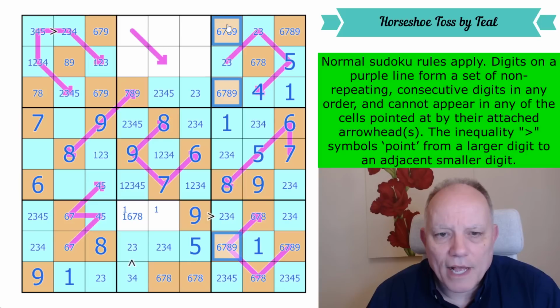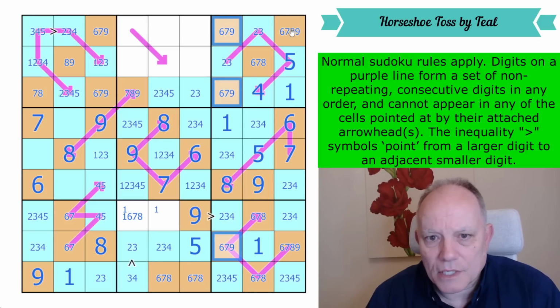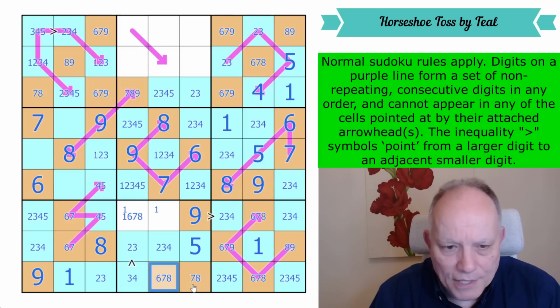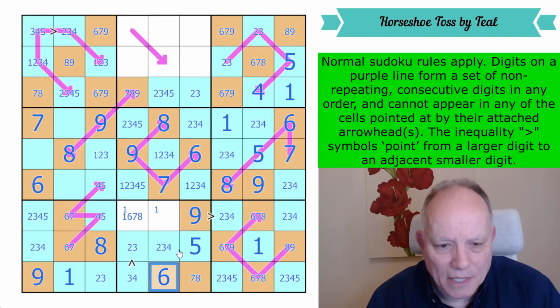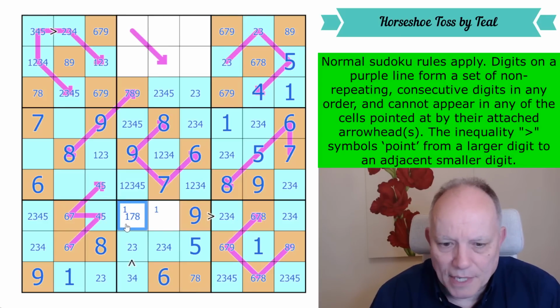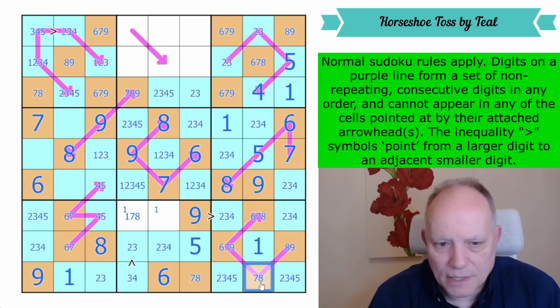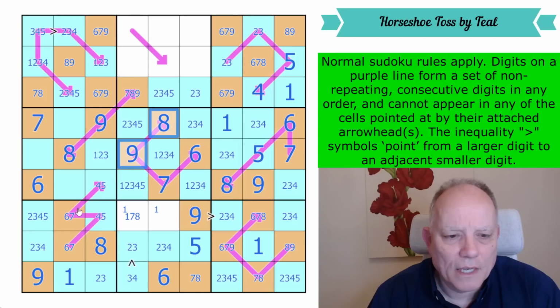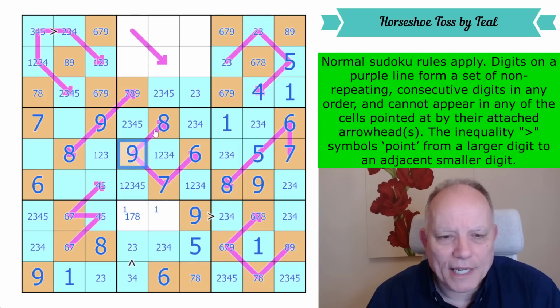Now, there's no 8 in these cells. There's no 6, 7 in these two. Let's see what these reduce to. That's not a 6. This isn't 8 or 7, so that's a 6. Now this can't be 6, and this can't be 6. Goodness, it is intriguing. And yes, what's ended up on this, where this arrow is pointing, is a 9 and